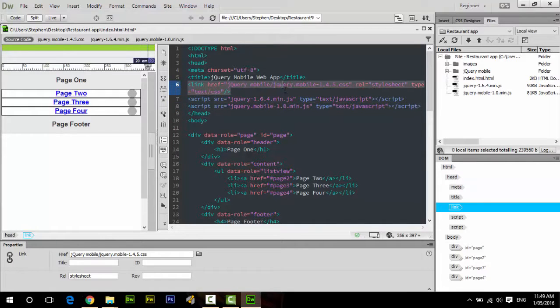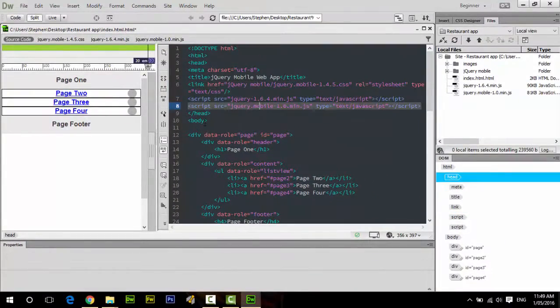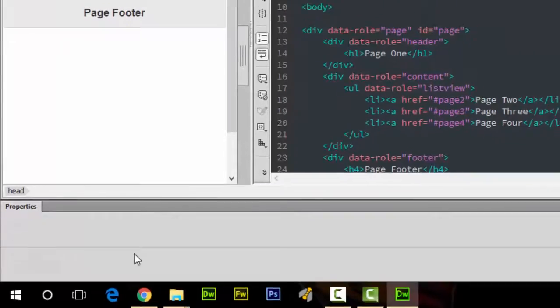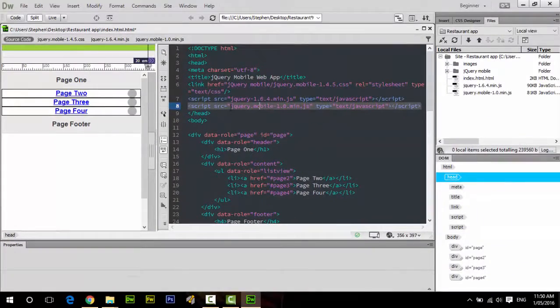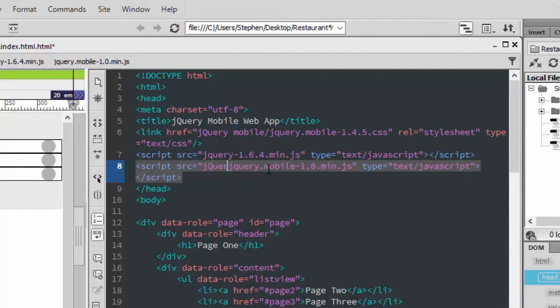Unlike when we did the CSS file, where we can click on it and it was down in the properties bar, script tags don't do that down in the properties. So we're going to have to update this manually. So click in before the file name, and we're going to have to manually type in the name of the folder,